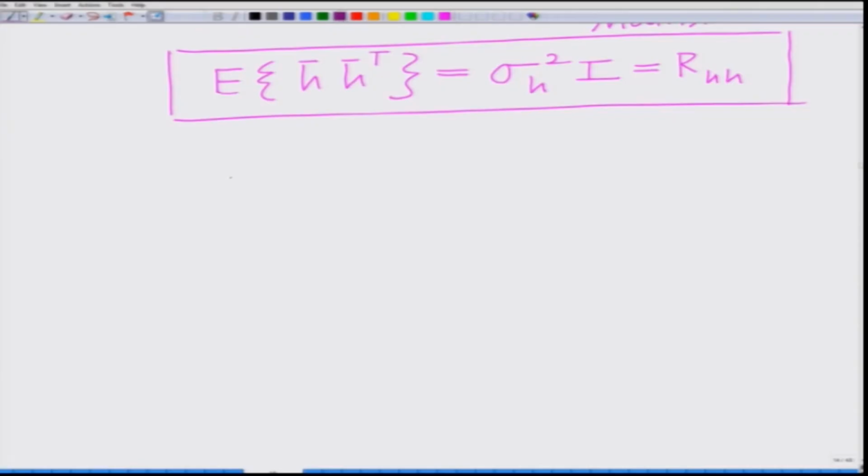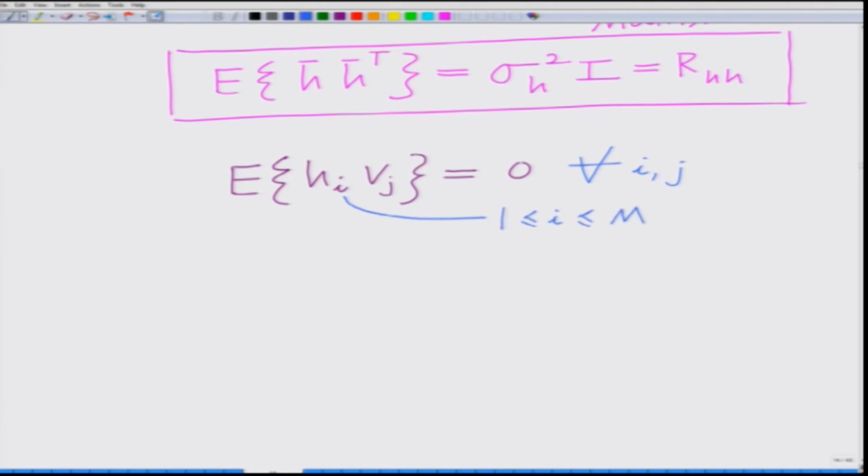that if you take any channel coefficient Hi and any noise sample Vj, expected value of Hi times Vj is equal to 0 for all i, j. Remember, we have m channel coefficients, so i can be any value between 1 and m, and we have n noise samples, so j can be any value between 1 and n, and therefore, this basically arises because the noise